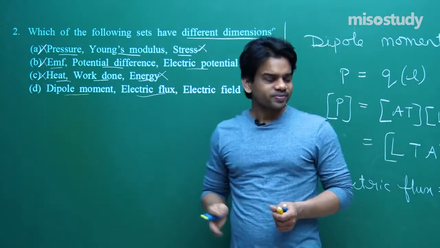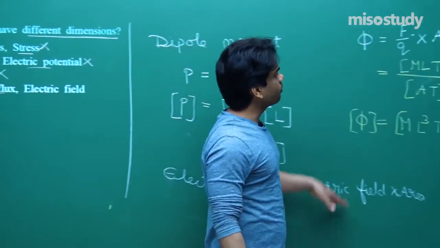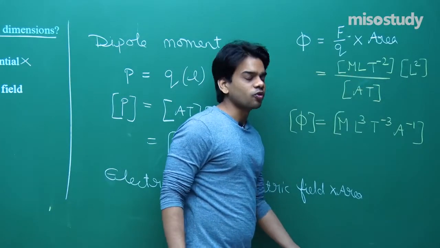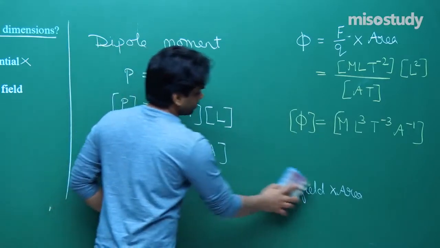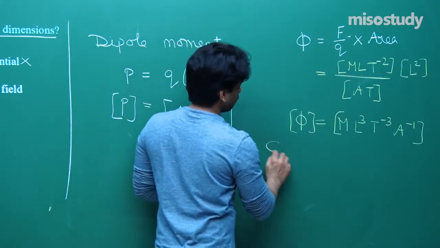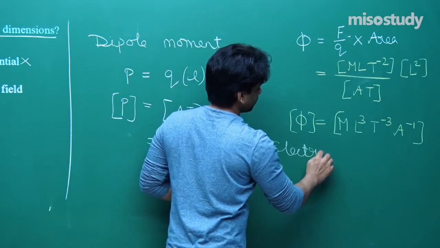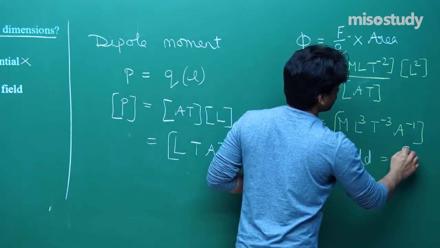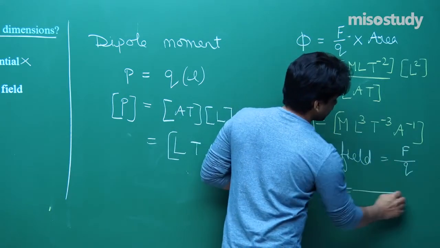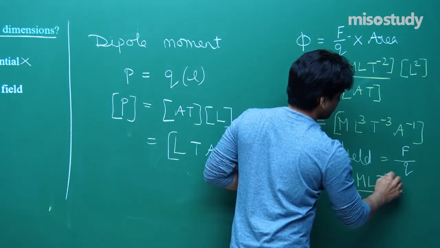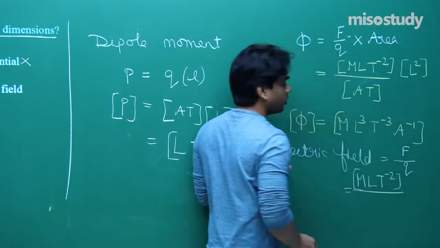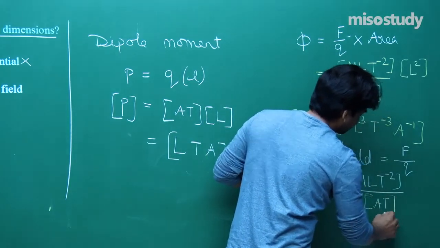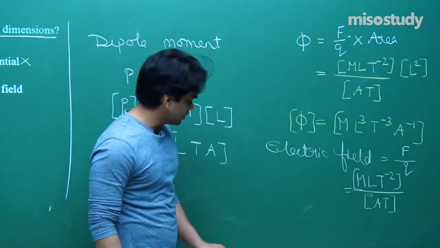An electric field. Electric field, just now I showed you, will be force per unit charge, that is this term and this term. Let me also show you electric field, what will be its dimensional formula. Just now I used the term, it is actually force per unit charge, and let me mention its dimensional formula. Force I have written MLT power minus 2 divided by charge, that is current into time. Simply we need to simplify this.